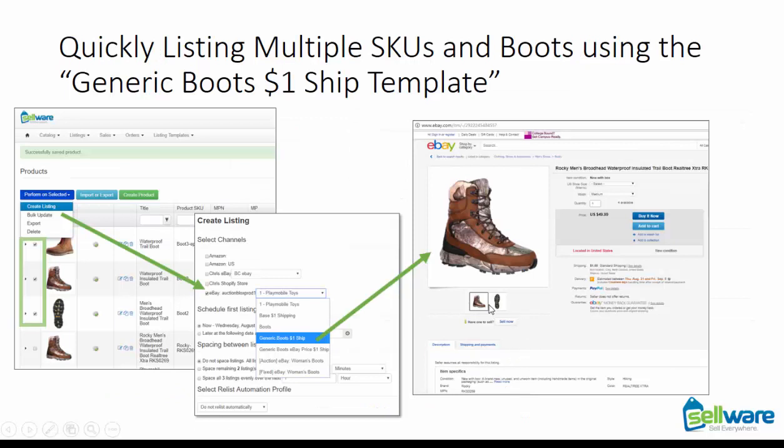So here's what we're going to do. We're going to jump into Sellware. We're going to take a look at a bulk listing template. We're basically going to create a template for boots with $1 shipping, and we're going to grab a handful of